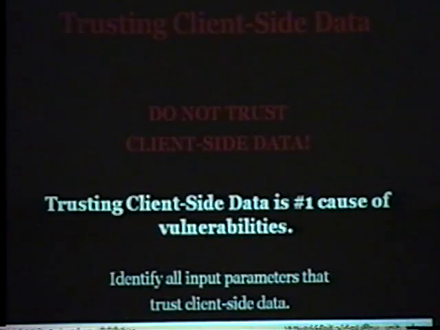Okay, trusting client-side data. This is the absolute worst thing you can do if you're developing a web application, and absolutely the first thing you should look for when auditing a web application is the client, your browser, your telnet session, whatever you're sending into the web application. If the web application trusts whatever you're sending it, whether it's cookie data, parameters, headers, whatever, it's vulnerable. That's just as plain as that. It's the number one cause of vulnerabilities. You've got to imagine these multi-million line web applications. Sooner or later, they're going to trust something coming in from the client, and that's what you've got to find: where it's trusting it, at what point.